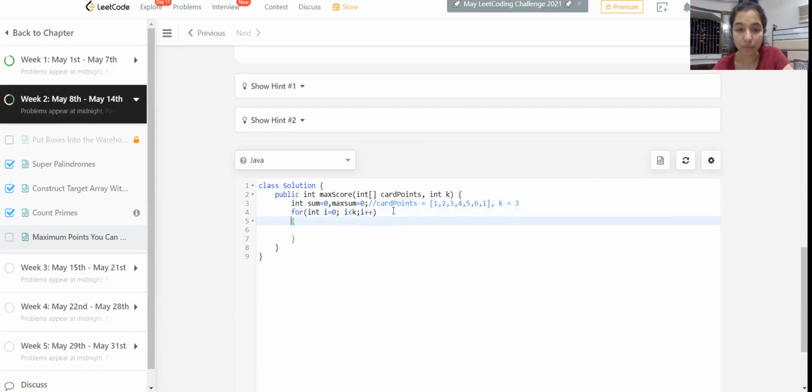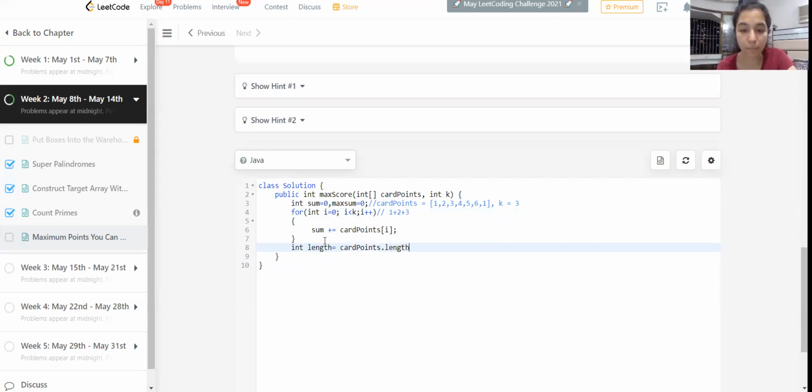So what we are doing here in the loop is we are taking the sum of the first k elements. So let me write the complete loop first: sum plus equals cardPoints of i. So basically our sum initially is 1 plus 2 plus 3, because we are taking the sum of the first k elements into the sum. Now what we are going to do is int length